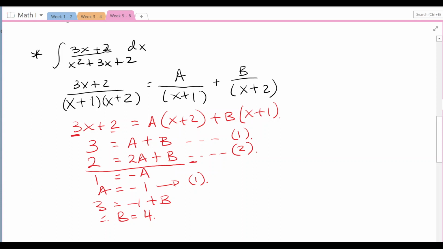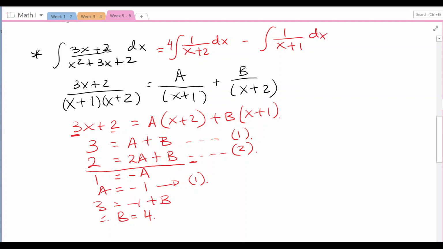So the original equations can now be decomposed into, so we can write them here, a, which we already know to be negative 1, so we probably try to put the positive one first, b, so b is positive 4 over x plus 2, so this is equivalent to, can put the 4 out, and then this is x plus 2 dx plus the integral of negative, sorry, we can put negative here right now because the a here is negative 1, so negative 1 over x plus 1 dx.